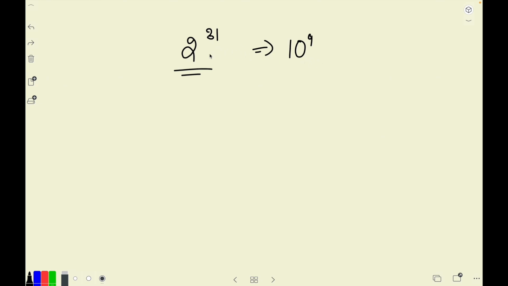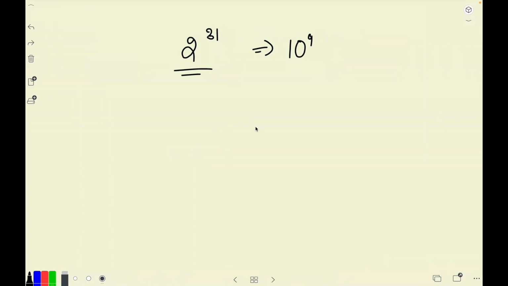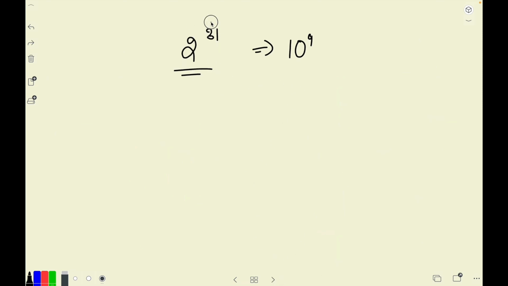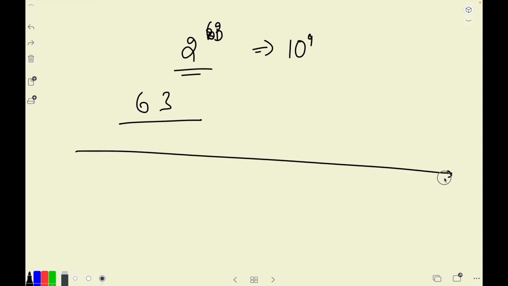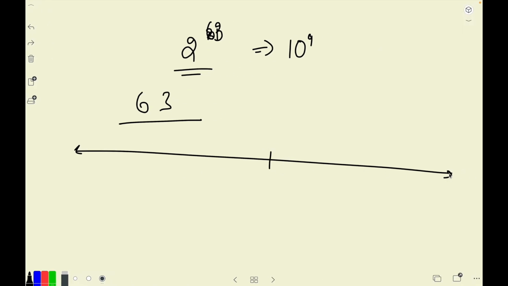That's the value approximately. So what can happen is x can also be of the order of 10 power 8. It can have 1, 1, 1, 1 bits set. So I can keep a maximum order of 2 power 63. That will give me 63 available bits in the range. And in these 63 available bits, what can I now start doing? I know n is in 10 power 8 and x is also in 10 power 8. So x fixes out to be in 10 power 8 order, after which I want more 10 power 8 numbers, starting off with a value that is minimum x, because I just established that